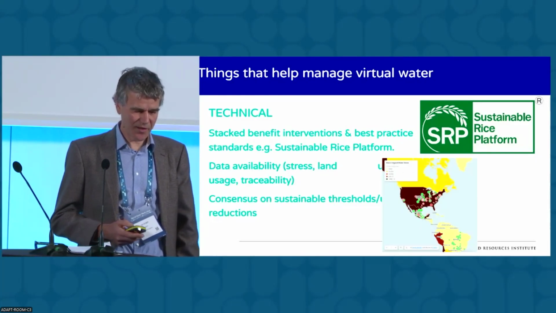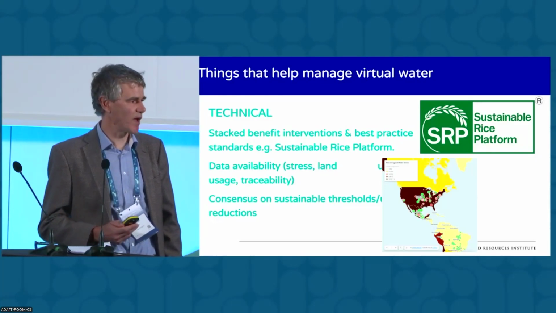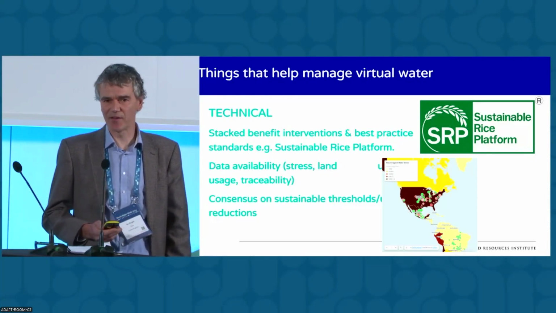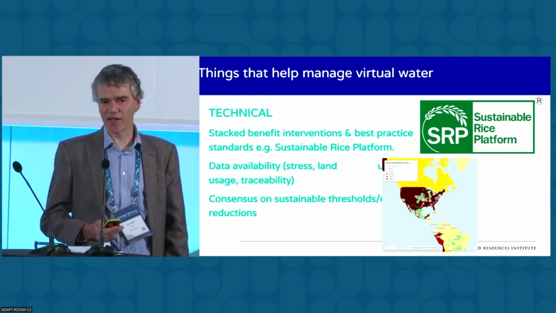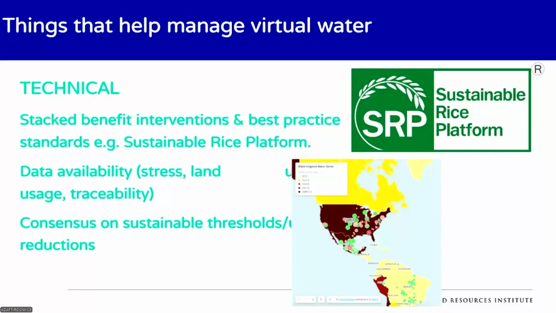My slide hasn't quite come through as I'd wanted, but data availability is useful. I mean, we couldn't have done the modelling of our water footprint without the availability of the data that we've needed to do the work. And the better and higher quality data that comes through right across the board, from trade to water stress, is hugely beneficial as we seek to establish what sort of work we need to be doing and where we need to do it.